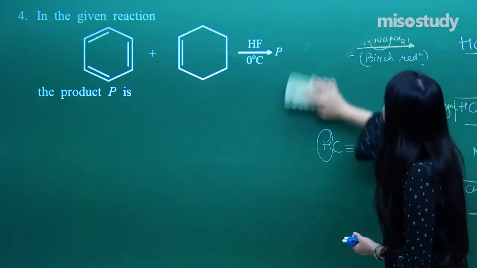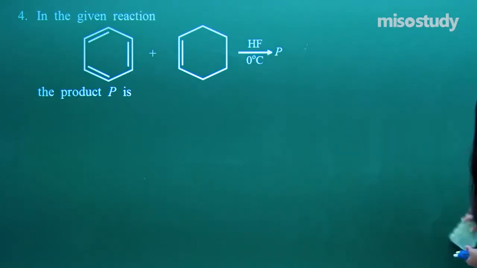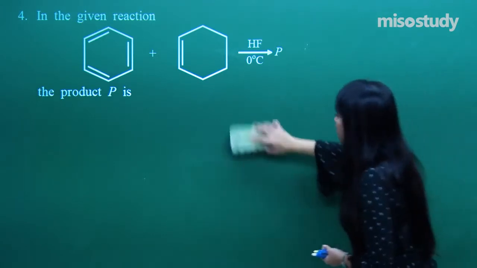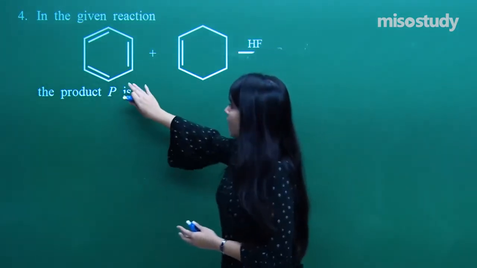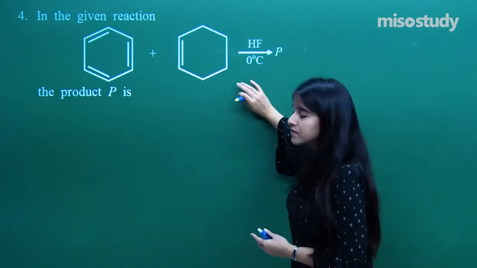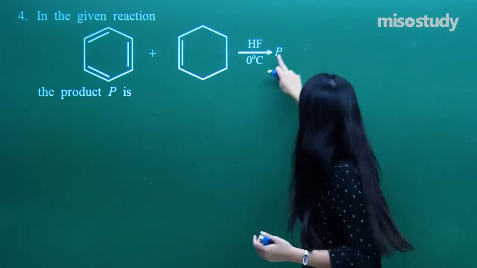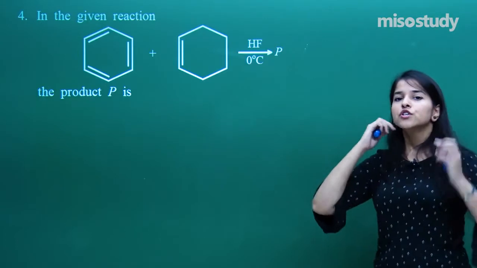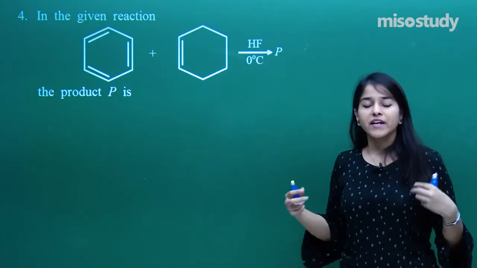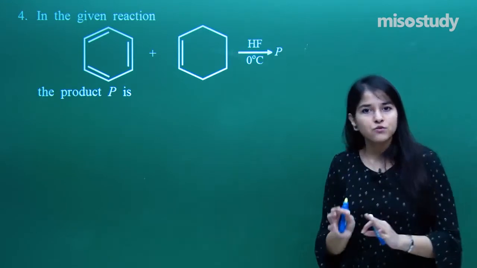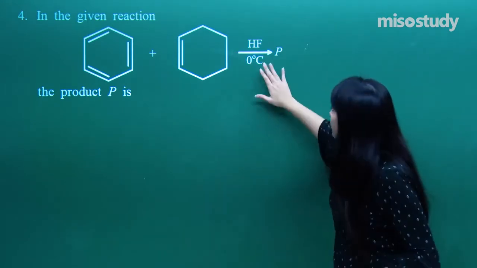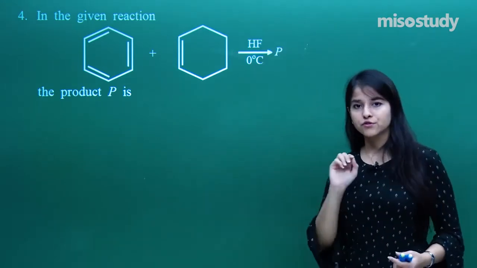Now, it's a typical kind of question and it involves good knowledge and good logic. So what you need to do is, benzene is reacting with cyclohexene in the presence of HF. So if you do not know what kind of reaction you need to perform, let us first analyze what kind of options it is having. So I need to react it with hydrogen fluoride. So that is our main motive.